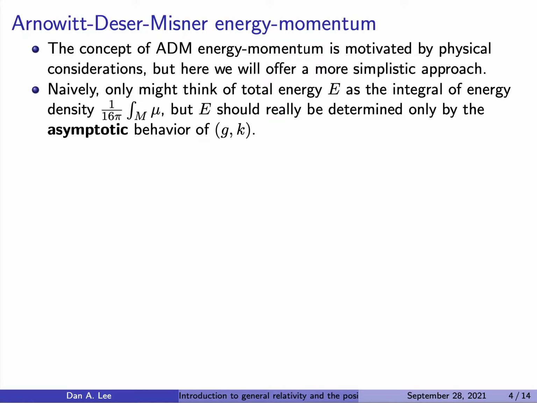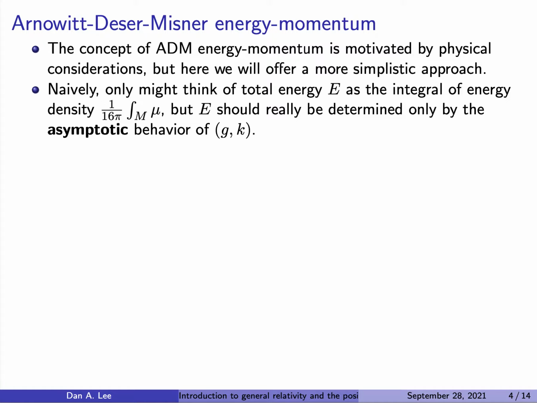So typically, if you think of mu as energy density, the definition of mu, according to the correct physics definition, would actually have the 1 over 8 pi in it. In a lot of the math literature, we don't put the 1 over 8 pi in there. So for that reason, you would want to integrate 1 over 8 pi mu. Anyway,